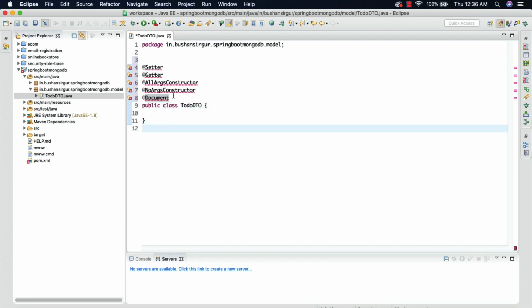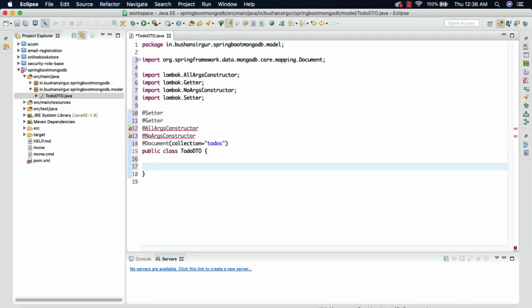So that's why we're going to use the @Document annotation, and we're going to specify the collection name instead of the table, as in a relational database. In MongoDB, or any NoSQL database, we specify it as a collection. So the collection name is todos. Let me import all these annotations.